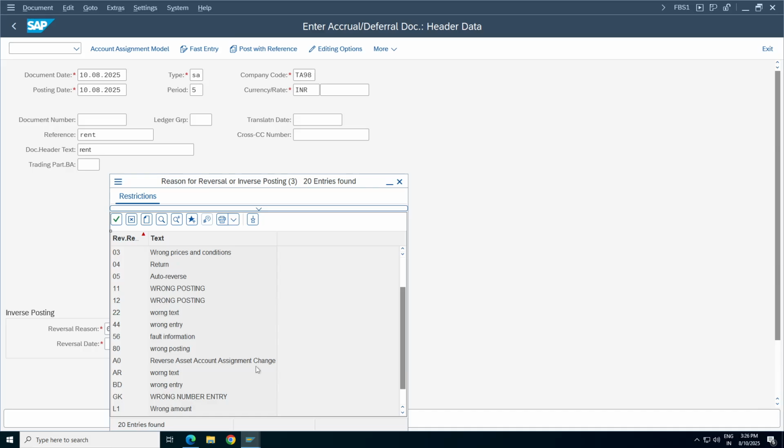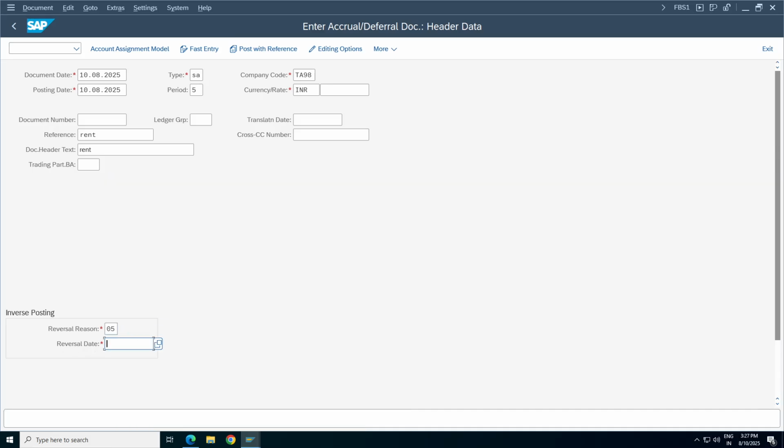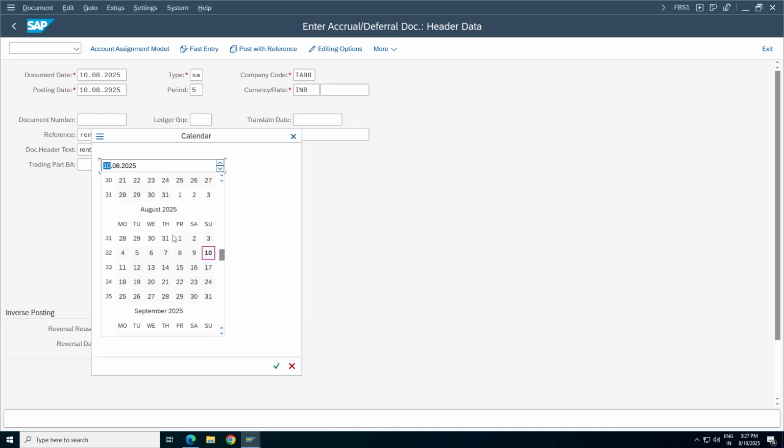Let me select 05, auto reverse. Actually it should be a different one, but I will try. For the reversal date, I want to do it on 1st September. It's not automatic; you have to execute one more program.